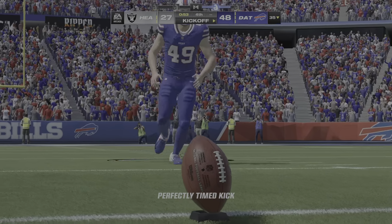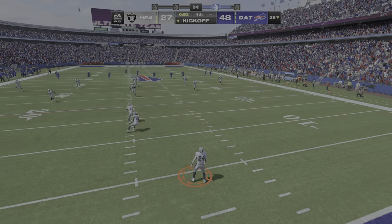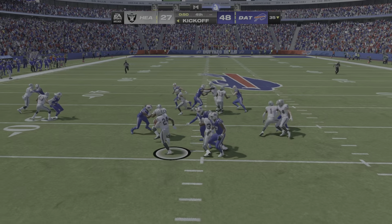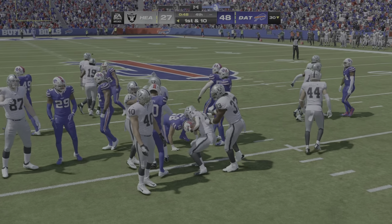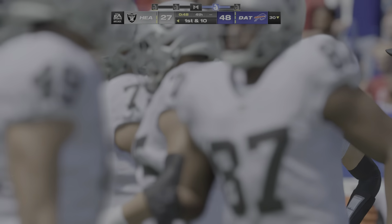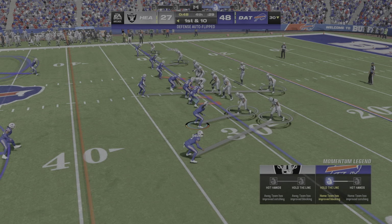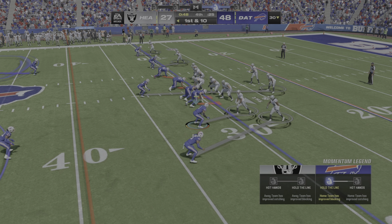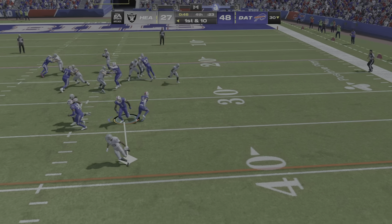Here's the Bills kickoff unit now as they will send this one away. And a nice return sets him up pretty good here right at the 30-yard line. The Raiders offense now, they trot back out. Where we stand right now in the fourth quarter, this one pretty much out of reach. And Charles, I know they're going to be disappointed about several things with this ball game, but the self-inflicted wounds,